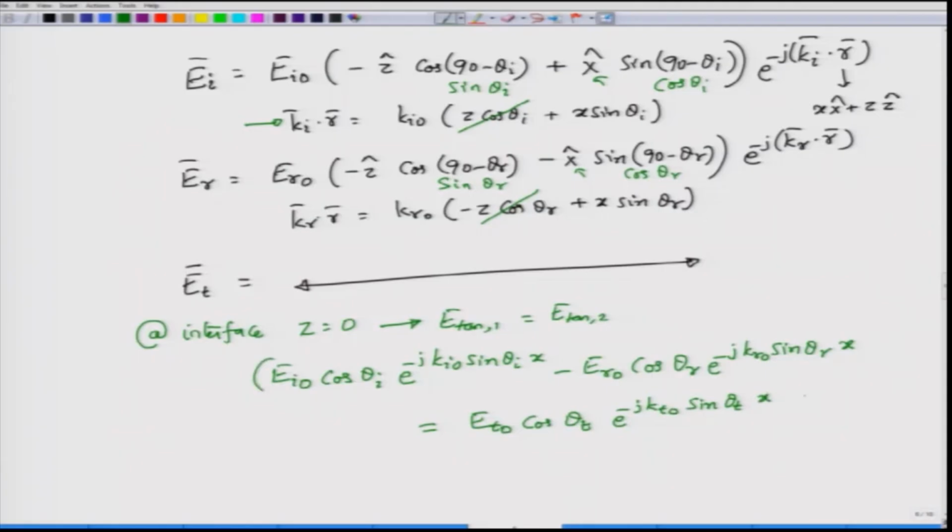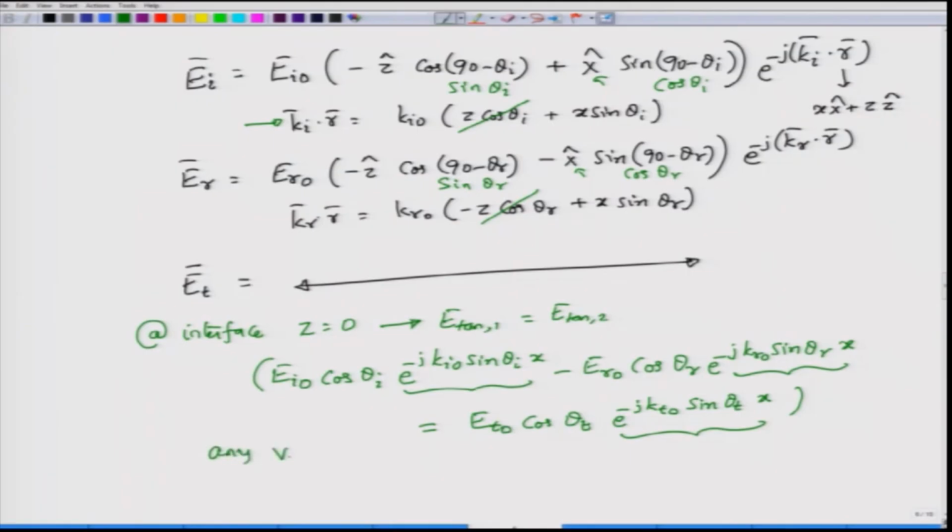Notice this expression, which you can contrast with the reflection from the perfect electric conductor, where we considered the normal case. There we did not have any phase term which was dependent on x. Here you have all three terms depending on x as well. So, EI0 cos theta I, ER0 cos theta r, ET0 cos theta t can be considered to be constants given theta I, theta r and theta t, but these phase terms are functions of x. And the only way that this condition can be satisfied for any value of x